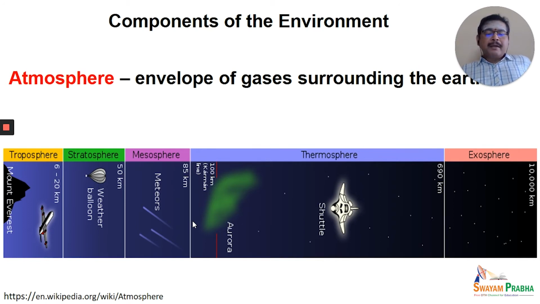In the thermosphere region, which is above the mesosphere, you find the satellites or the shuttles flying, which are launched from the Earth as a part of weather monitoring. We are closely observing the atmosphere as well as our Earth. What are the other planets in the galaxy? That is one type of research.